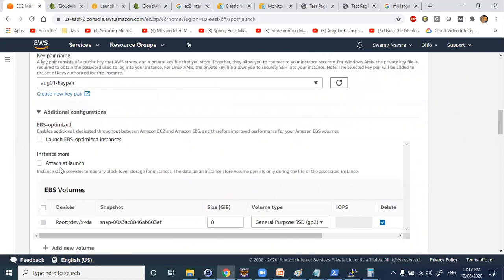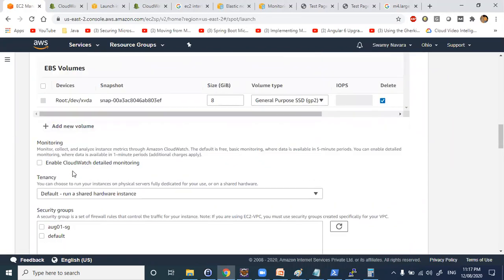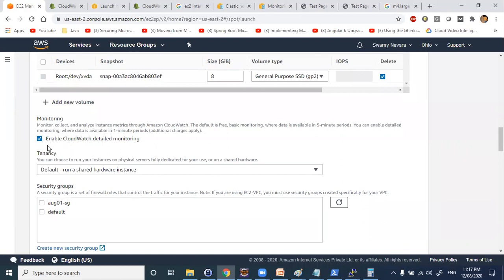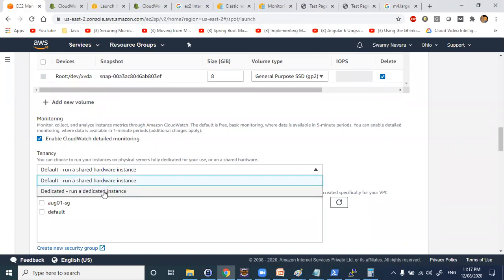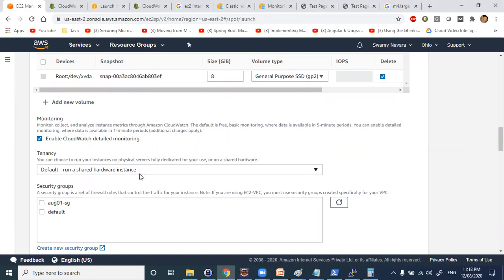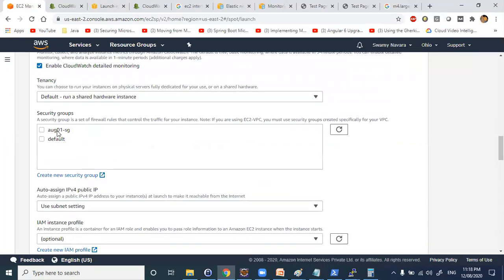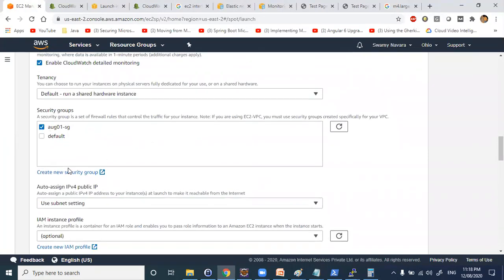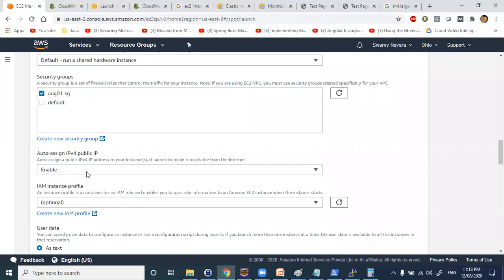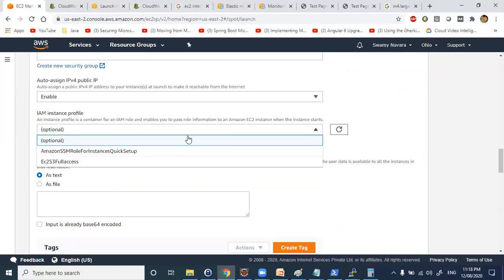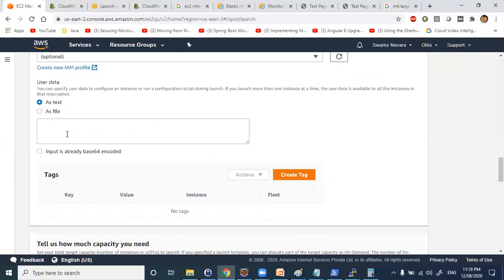If you want to add any storage, you can add it here. If you want to enable CloudWatch monitoring, enable this. Dedicated or shared, you select the shared one. Then security groups, I'll select this one. Auto assign IPv4, then IAM profile, I don't want to do anything. Then user data, you can click the user data. Let's try the host name here.